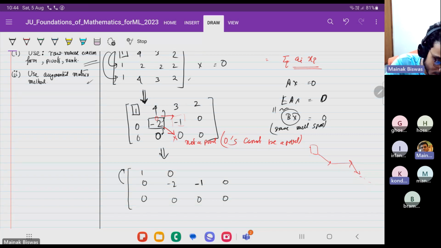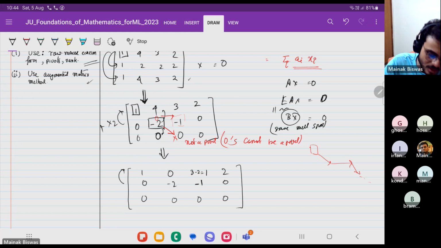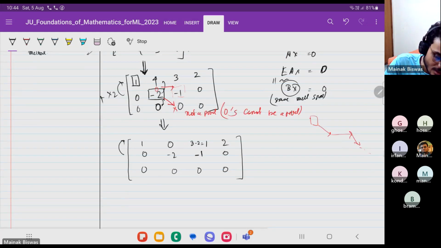So I'm subtracting. Good. Into 2 and then subtracting, right? So into 2 and then, no, rather adding, right? Into 2 and adding will be 3 minus 2 equal to 1. And this will be 2. Right? So now